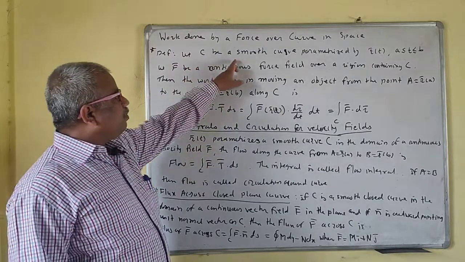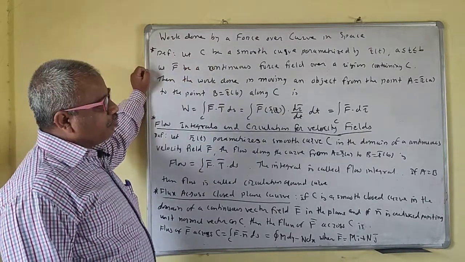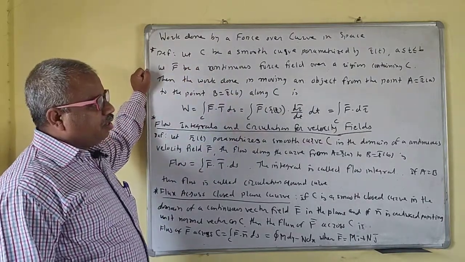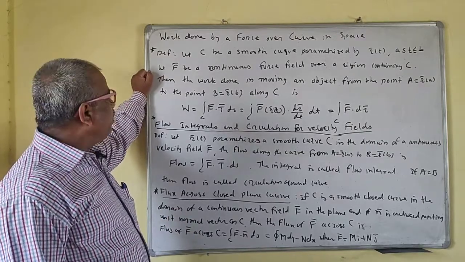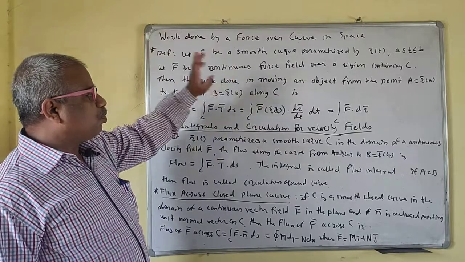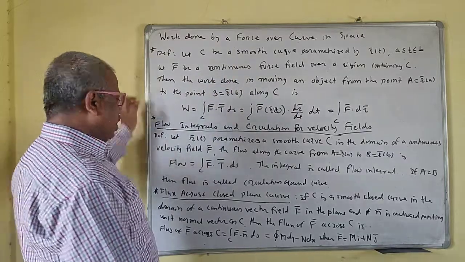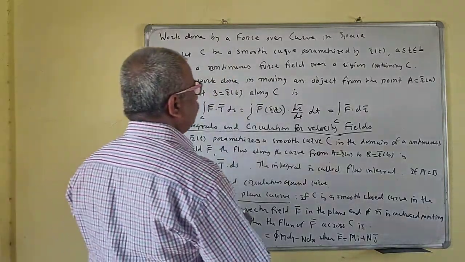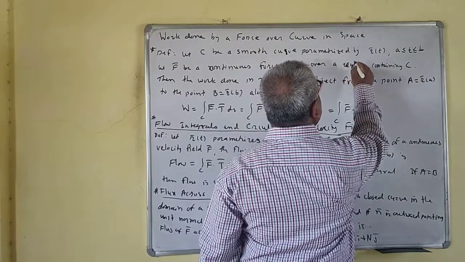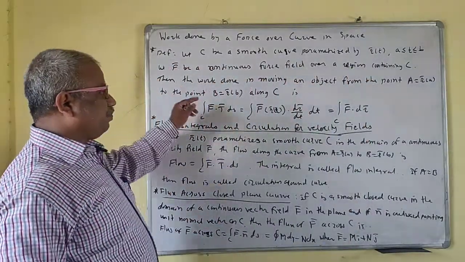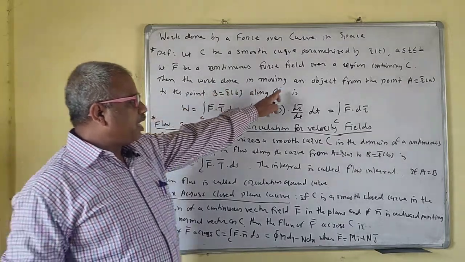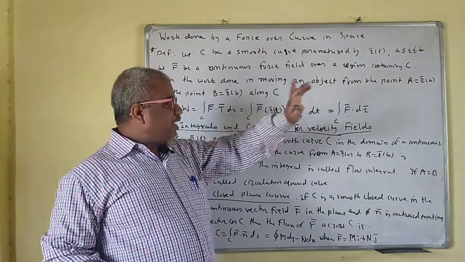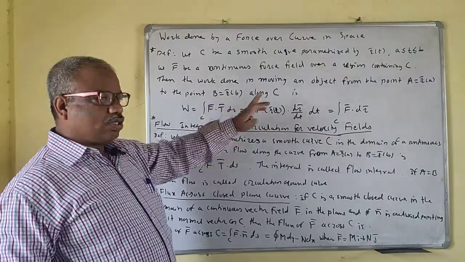Let C be a smooth curve parameterized by r bar of t, where t lies between a and b. That means t is in the closed interval [a, b]. Let f bar be a continuous force field over a region containing C. C is contained in that region. Then the work done in moving an object from point A to point B along C is